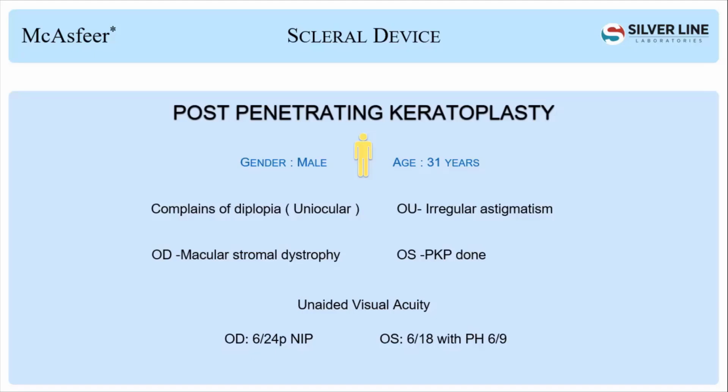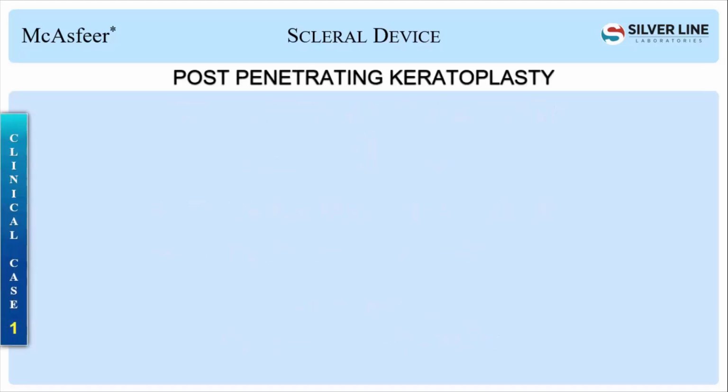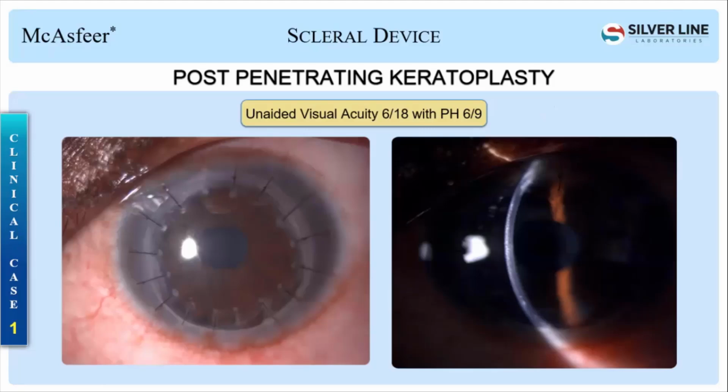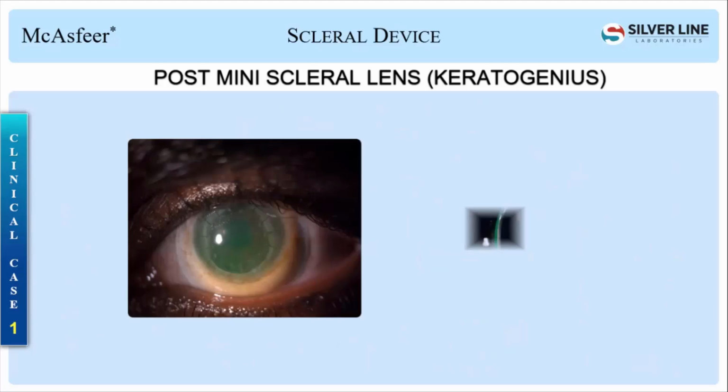So first we start with the left eye, and here is his eye through the slit lamp view. His pinhole improvement was there till 6/9. Even if the patient is not improving through the pinhole in the unaided vision, for sure it will improve with the scleral lenses. So whenever we check the unaided vision, it's better not to check the pinhole at the starting unaided time. After we put the lenses on, the patient's vision improvement will be there, even beyond. And this was the scleral fit we did.